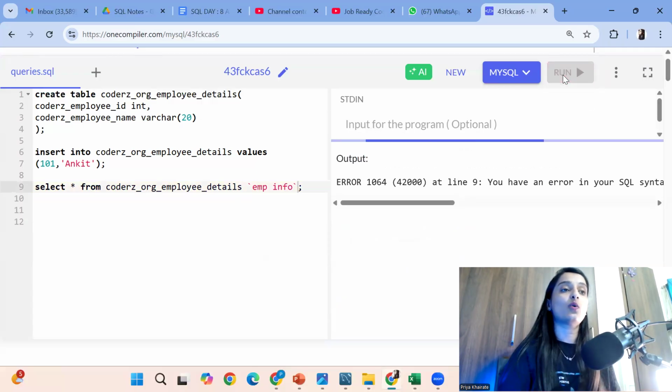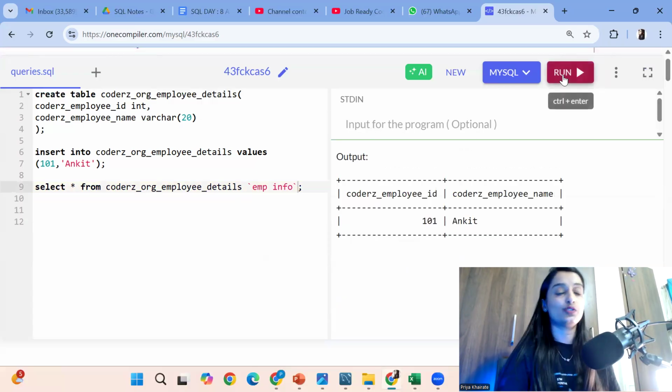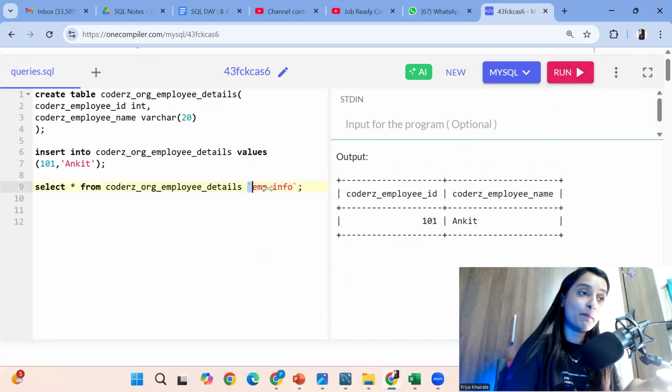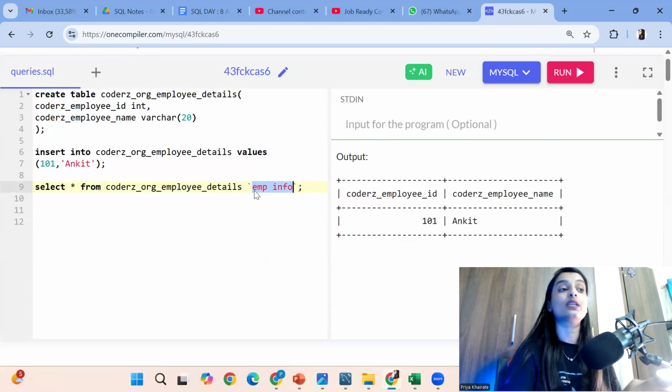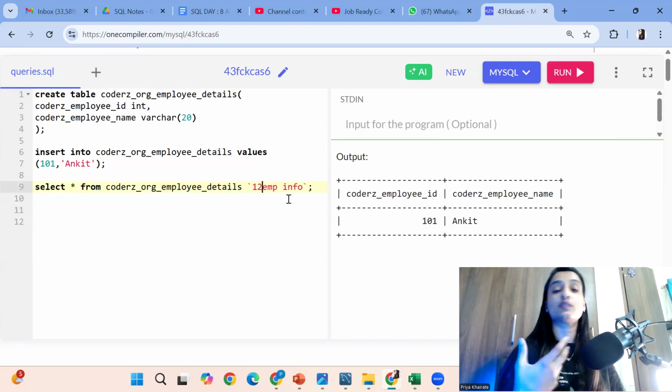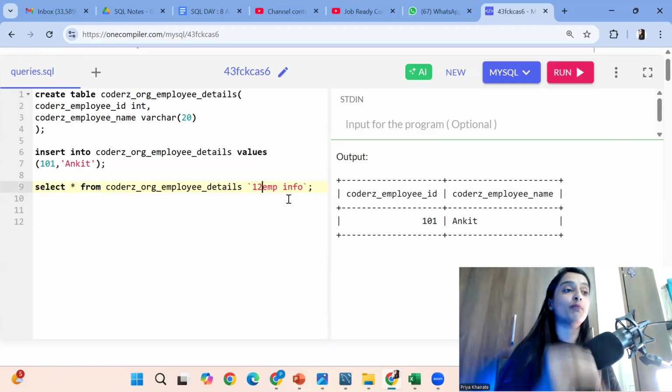So now if you run the code, see, we don't have any issue. So whenever we are giving temporary names to the table, if that name has a space, go with the backtick. It is a must. It is not a single quote. It is a backtick. If you want to use numbers before the temporary name, then also you have to make use of a backtick. If you want to use a special character before the temporary name, you have to make use of a backtick.